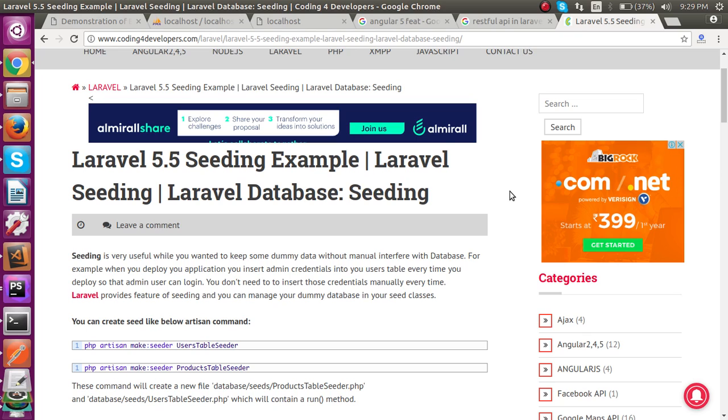Another example is country data. There is a table for country names, and we insert all the country names in our table. There are two ways to do that: we can either insert manually or import the country data, and the second way is we can manage all those countries through our